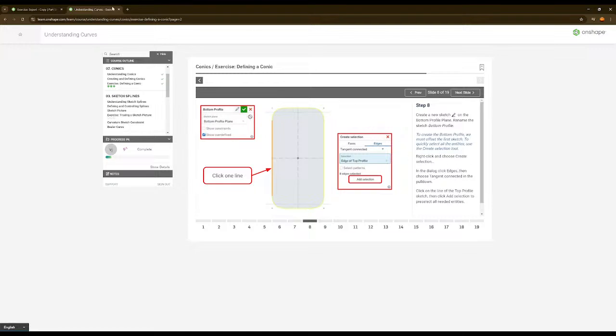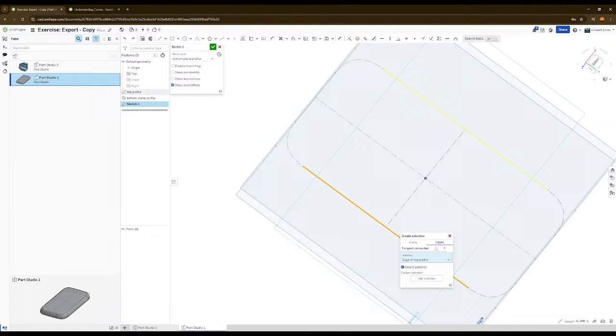The dialogue click edges. What dialogue? Oh, okay. Oh, it doesn't seem like it wants to work. Oh, that's a problem. Hold on.